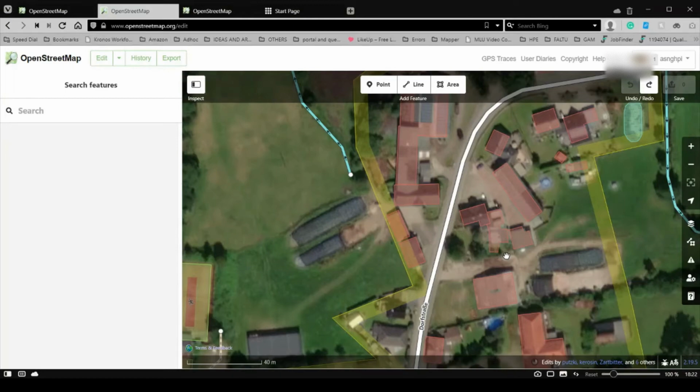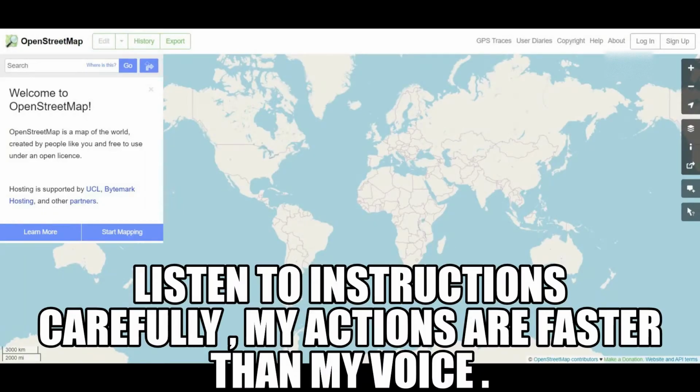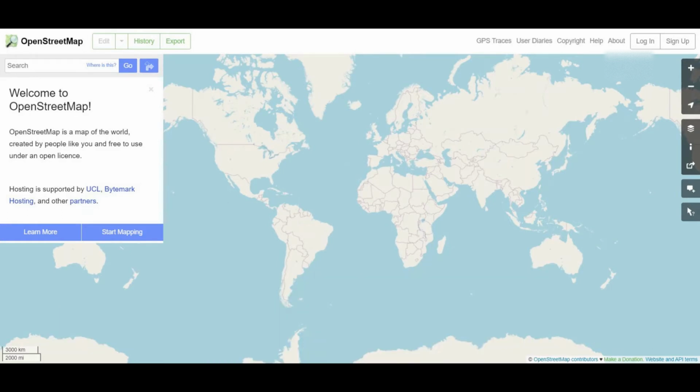To continue with this video tutorial, you will need to pick an area to practice mapping in. Any place in the world will work and you don't have to pick a place you have been to or know well. An area with little existing map data is best. So try practicing in a place that is not a major city or heavily developed area.